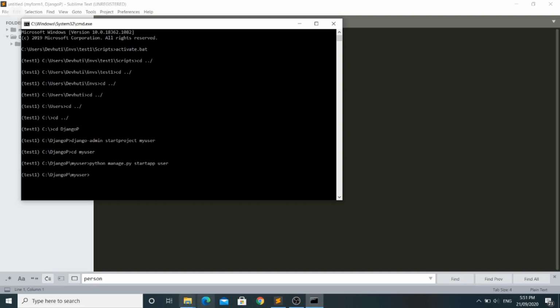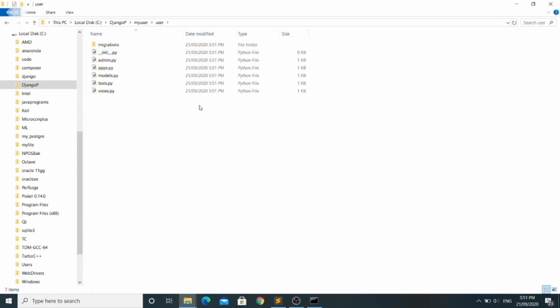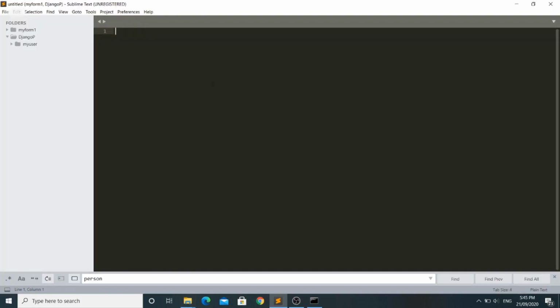So as we can see, in the Django P folder my user project has been created and the user app is also created. I have created my user app in my Django projects folder, and I'll be using Sublime Text for the rest of the code editing.